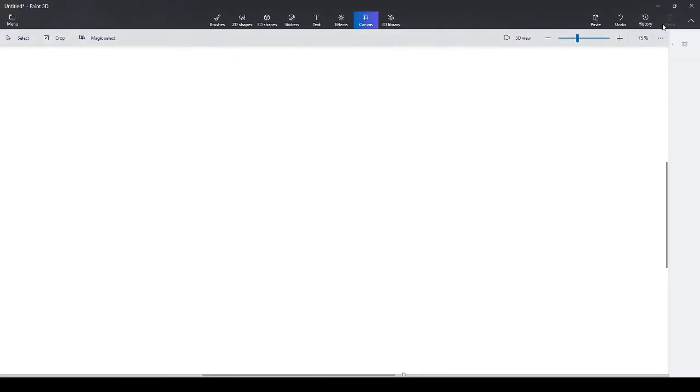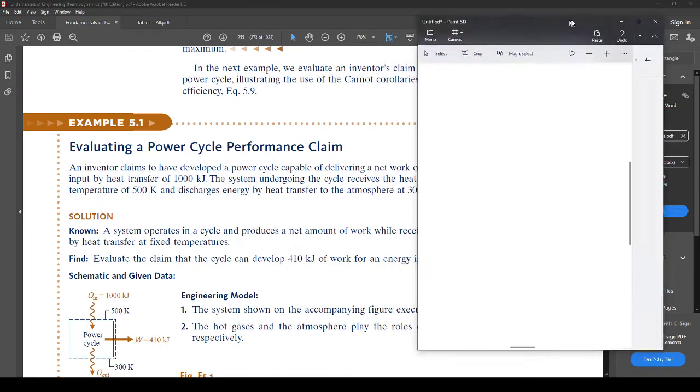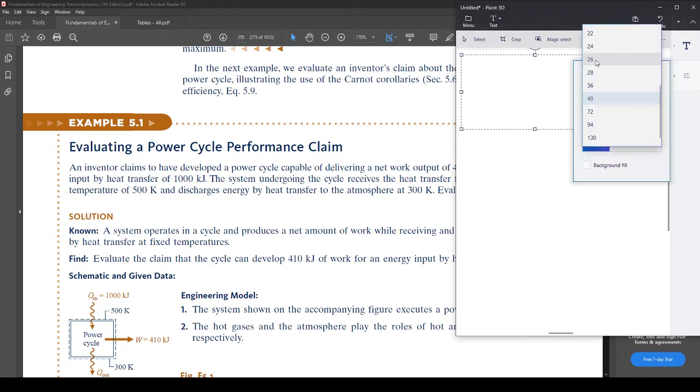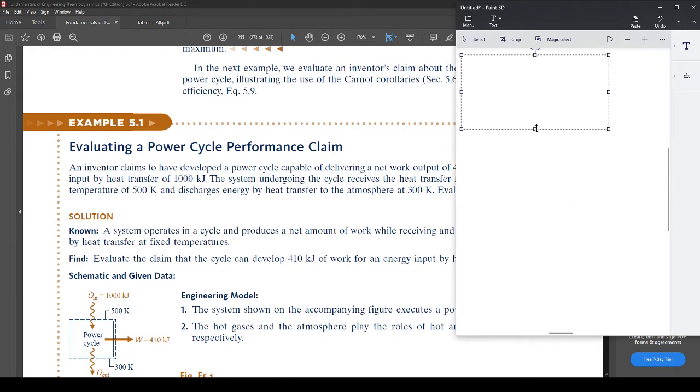So I'm going to go ahead and do what we always do. This is what everyone should do, that we should start the exact same way. And how we start is we do this. Make ourselves a little text box. We write our knowns, right? Knowns. So it says, an inventor claims that we have a power cycle,